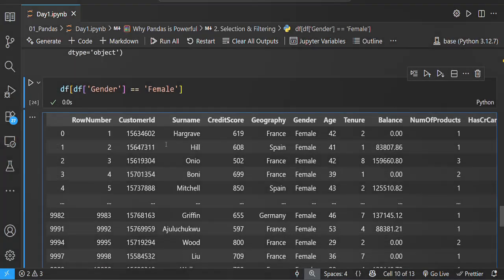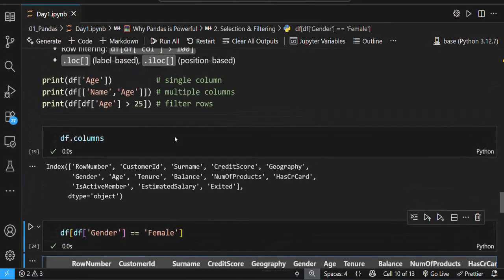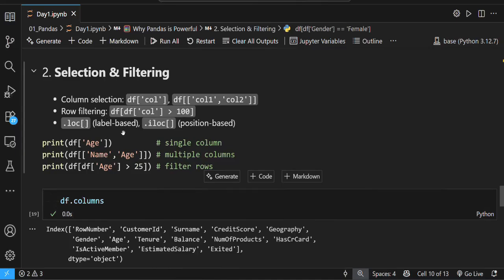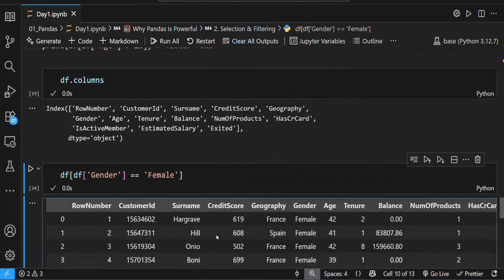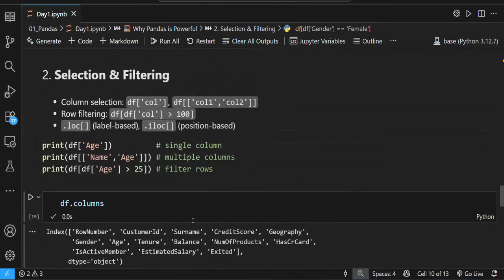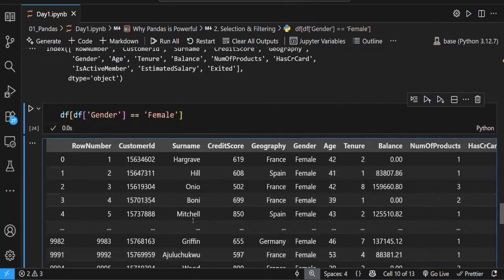Okay, this is how we can select the data. And this is row filtering, how we can filter the data row wise. So this is about today's video, and I will